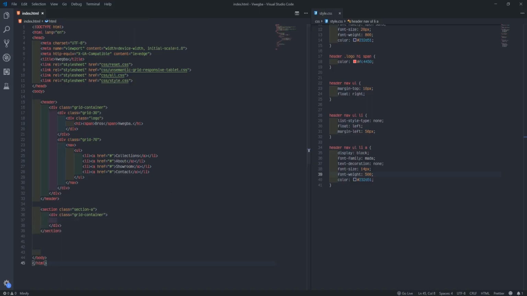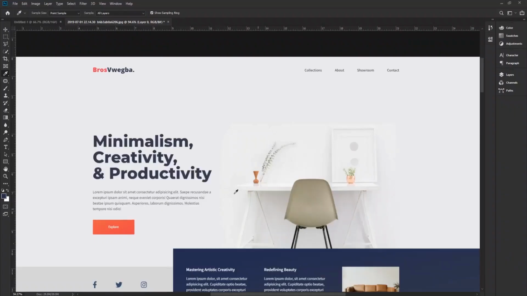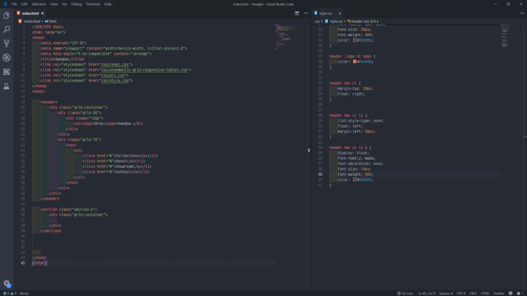This one is smaller here. So if it's okay, I'll give this one grid 40, then maybe this one will be grid 60. So I'll come here, I'll say dot grid 40 plus dot grid 60. So that by the time we expand them, it will create the two levels for us like that. So we'll first start with this grid 40 right there.